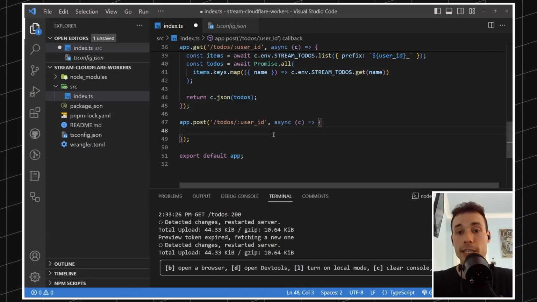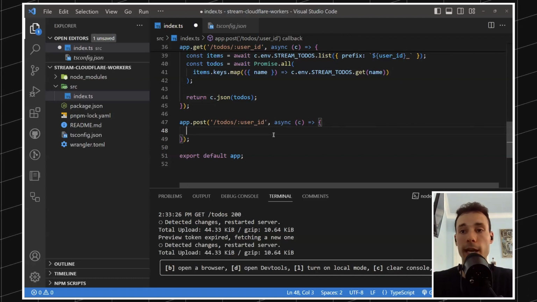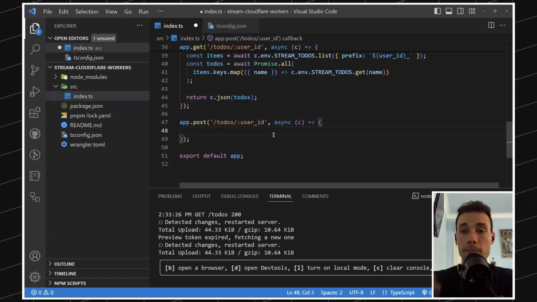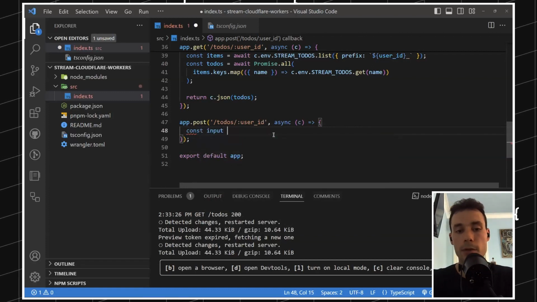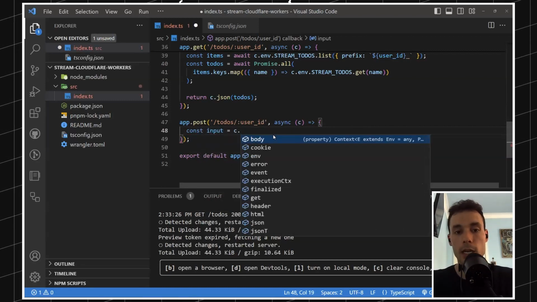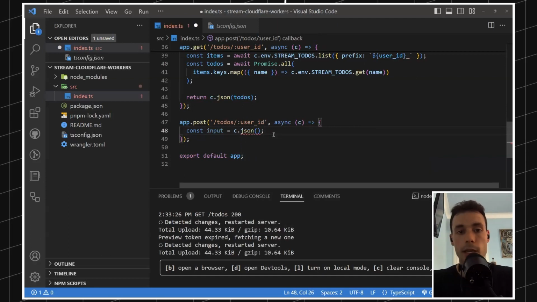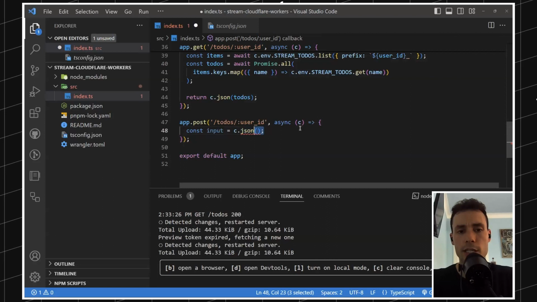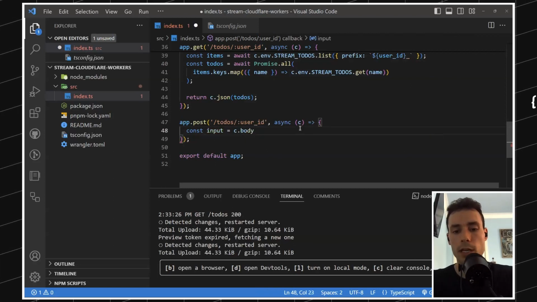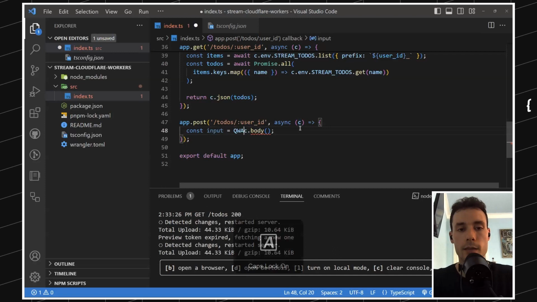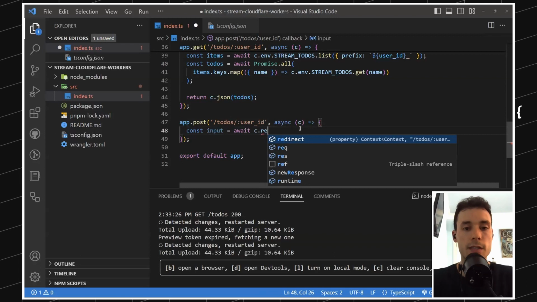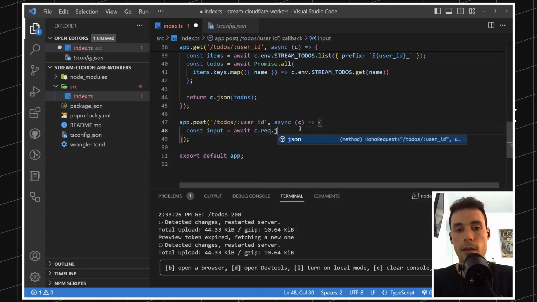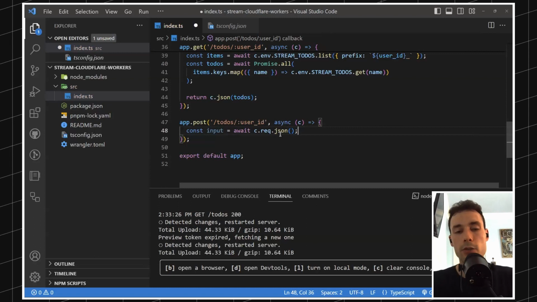Okay, let's finish this post. We first need to get the data from it. We have to retrieve the data that's coming to the endpoint through the request. And let me just say this for now, input. We're going to say c.json, and no, not c.json, sorry, I think it's body, but I will have to check it because I'm not sure. Give me 1 second. It's in the request. Oh, like that, yeah. So we can actually do it like this,